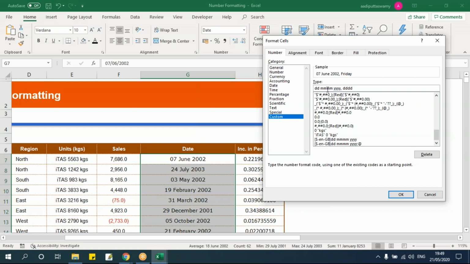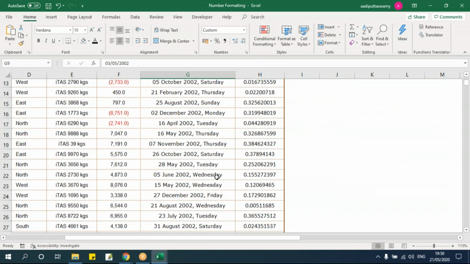D is for day, M is for month, Y is for year, and here I'm using four Ys so that I'll get the year, and the weekday. If I mention 1 D, then it will be a single digit date. Then 2 Ds will become 2 digits, that is 01, 02, 03 in that format. One more D, this will become SUN, MON in that format. One more D, this will give me the full weekday name. Same thing applies to your M also: a single digit month, double digit month, 3 characters of the month, and complete month name. If I say okay, see, it will get formatted like this.